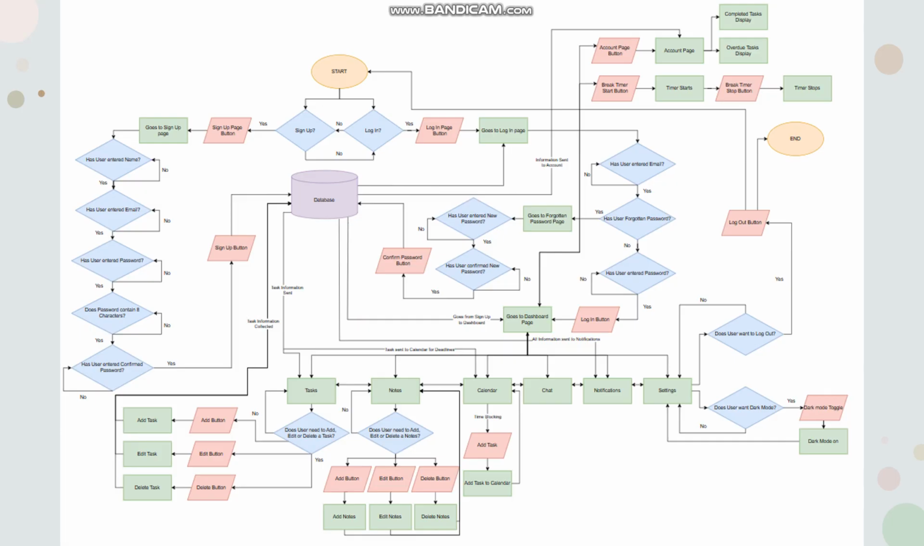And then from the dashboard, the user can access pages like the task page, the notes page, the calendar page, chat page, notifications page, and settings page. In the settings page, they can log out, and that would end right there. In the settings page, you can also add the dark mode, which will change the aesthetics of the page into a dark shade,